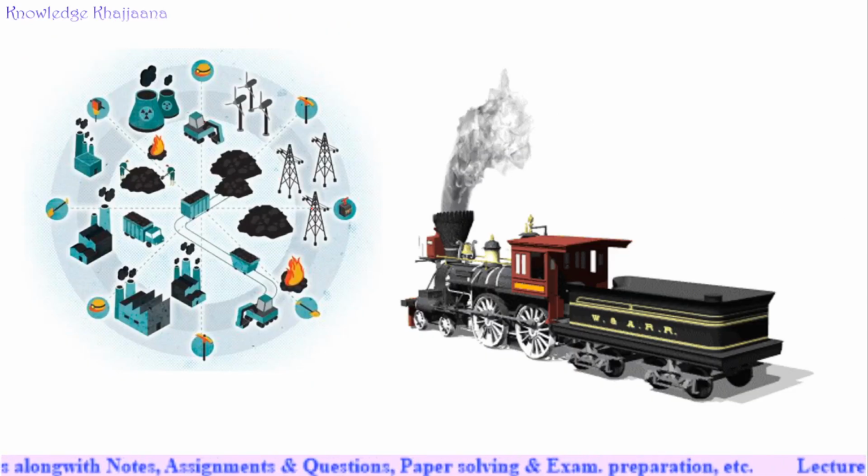See, coal has been extracted from the coal mine. Coal has been extracted and taken, and in different places the coal has been used, right? To generate electricity, for furnaces, burners, factories, right? See, this is a railway engine, a locomotive, which runs on coal, right? So coal has lots of utilities.